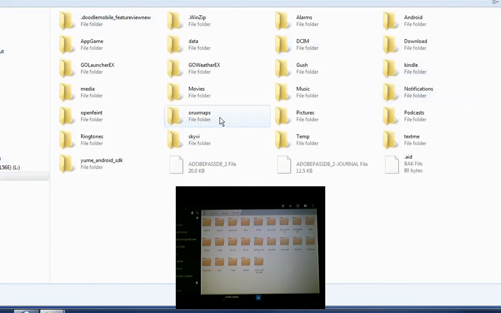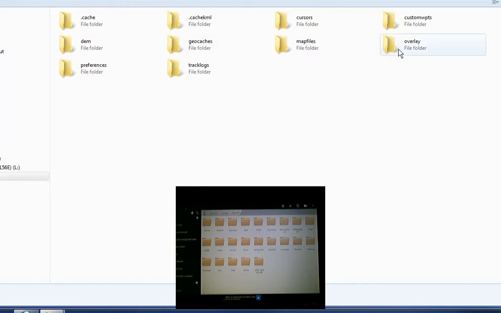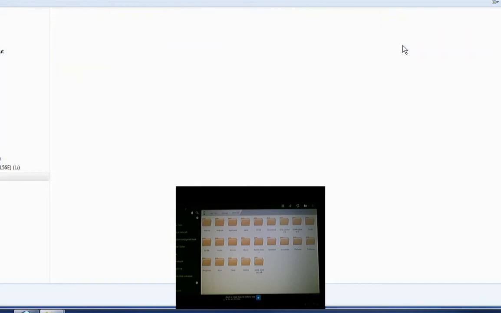Now we're going to go in Oryx Maps, we're going to go to the overlay folder. This is the fish overlay area that you're going to be viewing in Oryx Maps. So there's the Boom. These ones do not need another folder made inside overlay. You're just putting the files in the overlay folder directly. So now I'm going to go back to my desktop,